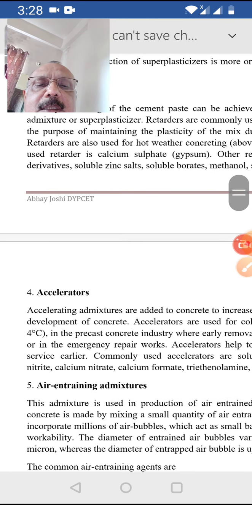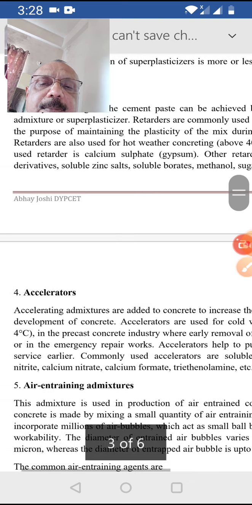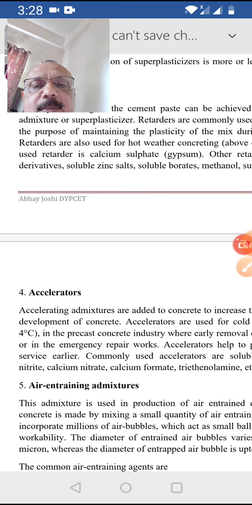Now, similarly, in some cases, we have to accelerate the setting time of concrete. Exactly the reverse of the previous one, that is the retarding. Now, where acceleration or rapid hardening or quick setting is required, particularly cold concreting, that is concreting conducted below 4 degrees centigrade. Again, in the precast industry, where early removal of formwork is required, or in emergency repair works,